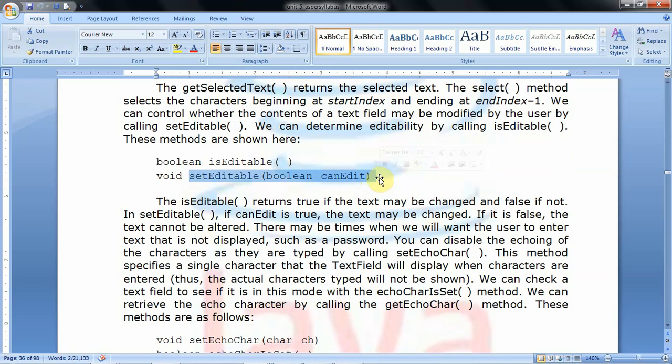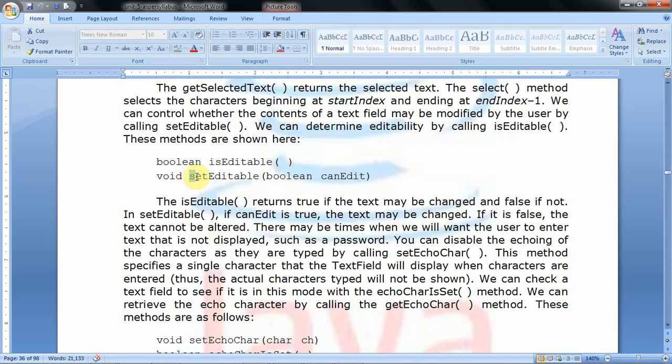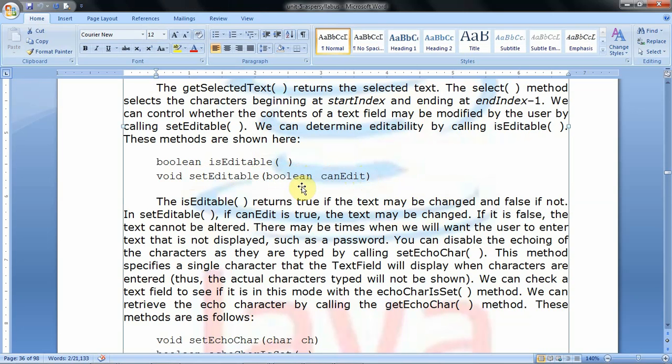That means we can make the text field not allow any editing, that means it does not allow making any changes. For doing that we need to execute setEditable by giving the boolean value false. setEditable(false) means the text field can't be editable.